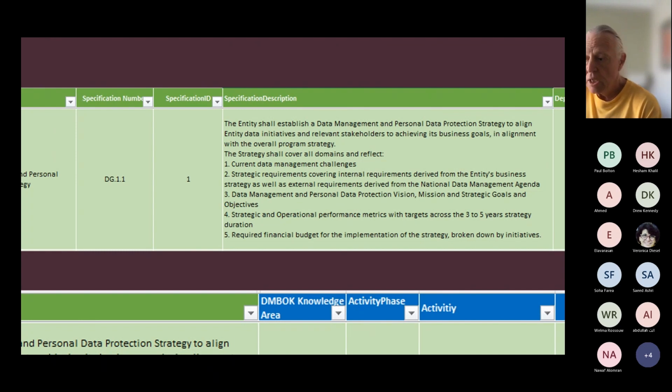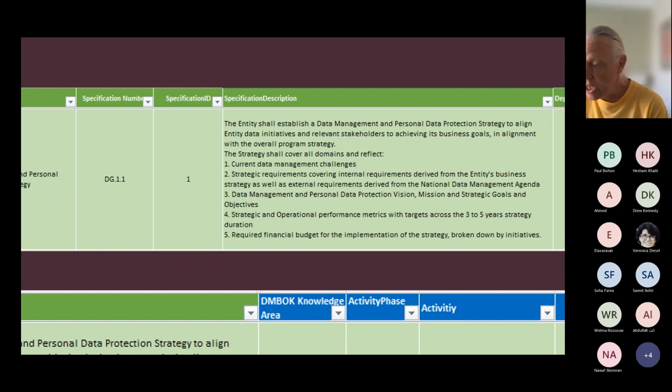Here, the current data management challenges, the way DMBOK recommends doing that, is a maturity assessment. So that number 1 maps to the deliverable DMMA, maturity assessment.